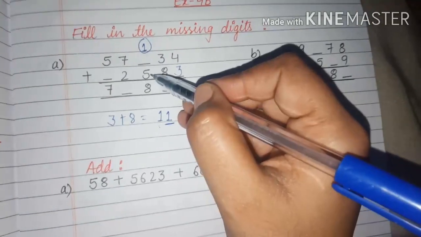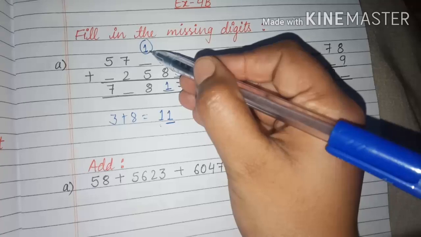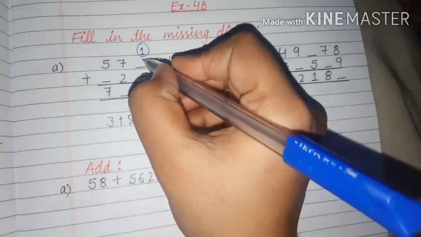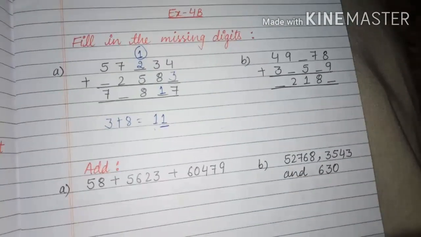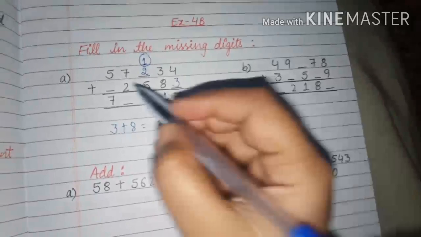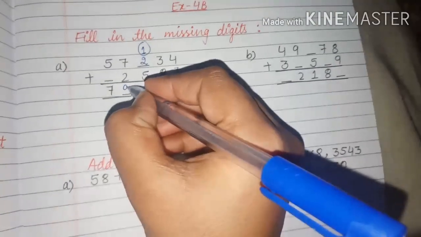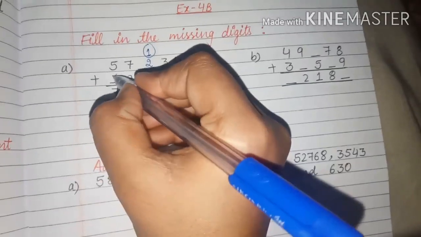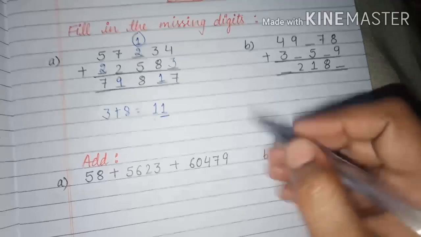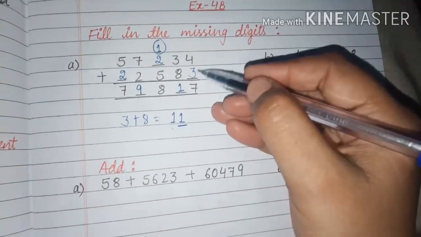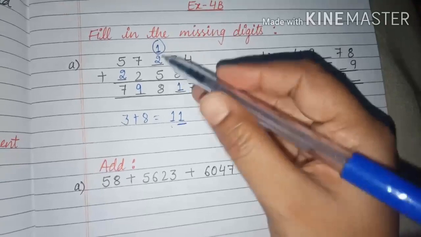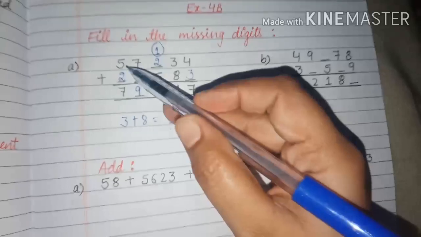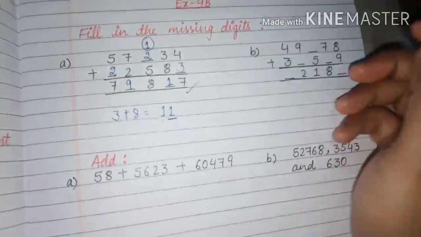Okay. Now 5 और 1 is 6, because I have to count it also. 6 में मैं क्या ऐड करूँ so that I get 8 2. Clear? Now next is 7 + 2. तो 7 + 2 is what? 9. Now 5 में मैं क्या प्लस करूँ so that I get 7 2. 5 और 2 is 7. Now this is your answer. 4 + 3 is 7, 3 + 8 is 11 का 1 carry 1, 1 और 2 is 3, 3 + 5 is 8, 7 + 2 is 9 and 5 + 2 is 7, and you will get your answer.